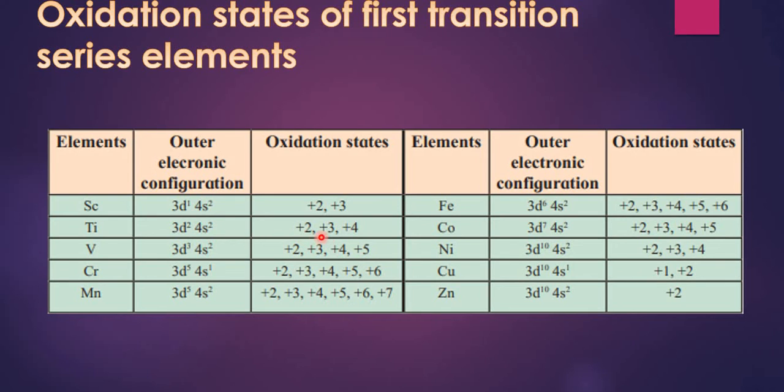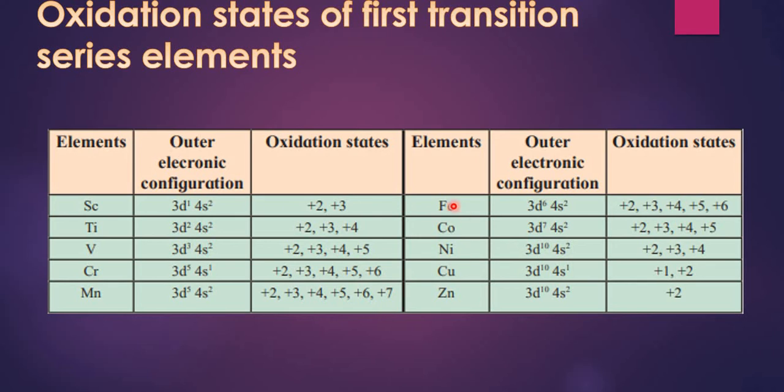Titanium shows +2, +3, +4. Vanadium shows 2, 3, 4, 5. Chromium shows 2, 3, 4, 5, 6, because 6 electrons are there in 3d and 4s in total. Manganese is the element which shows multiple oxidation states, and the highest oxidation state is +7. From 2 to 7, any oxidation state can be shown by manganese depending upon the atom to which it is